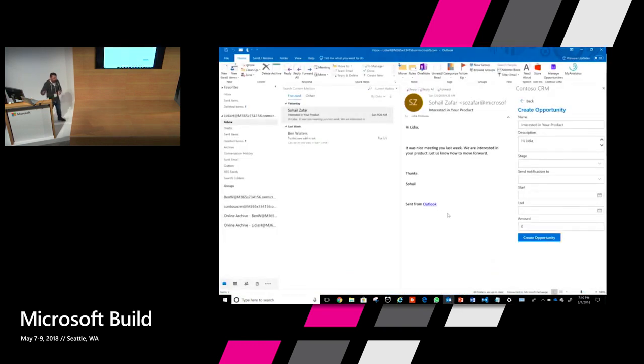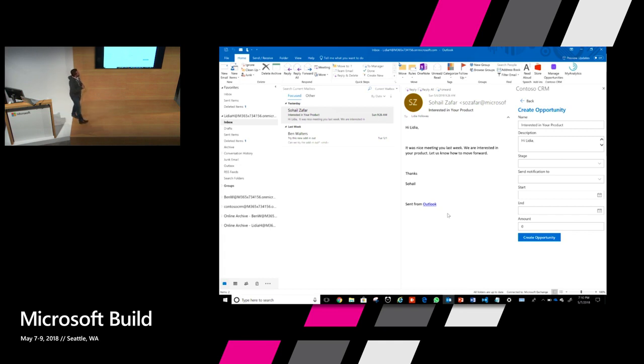Keep in mind that the first time, she was just taken directly to the CRM system, because I have logged into CRM once already. So the Contoso CRM system knows that Lydia's Office identity maps to this identity in my CRM system. So now let's move forward.